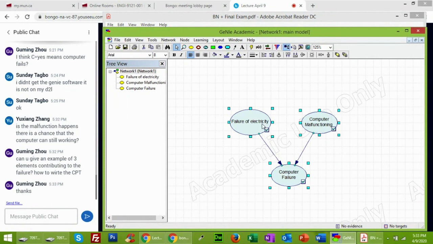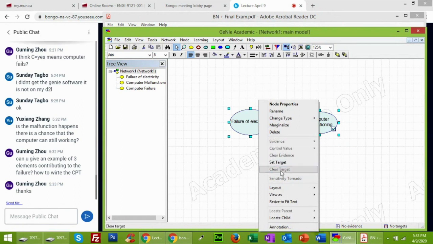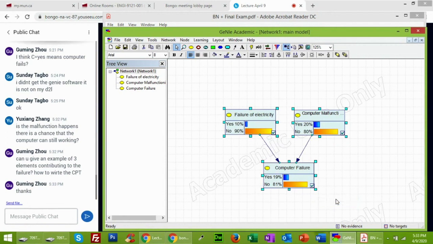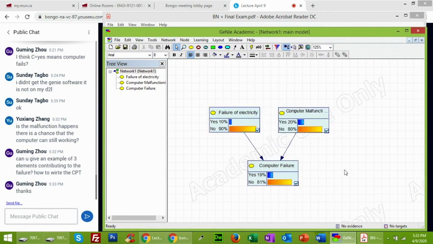I selected all the components and right click on any of them. Then you go into View As and Bar Chart. So that's where it shows you the same values as were calculated before, but in terms of the bar chart. It is easier to analyze as compared to having your icons.